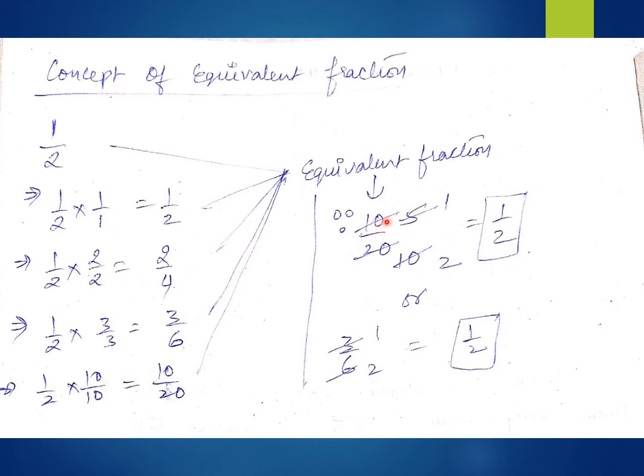So I have cut it like this and written 5. That is, 2 5s are 10. Similarly, 2 10s are 20. This is the first level of cutting. Now again see, this is the new fraction, 5 upon 10. Can we cut it further? Yes. Again, this time we have 5, because 5 can divide this as well as this. So 5 ones are 5 and 5 twos are 10. So we have got the answer as 1 upon 2.